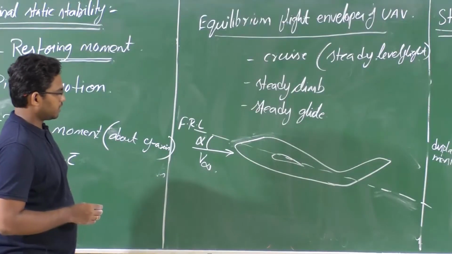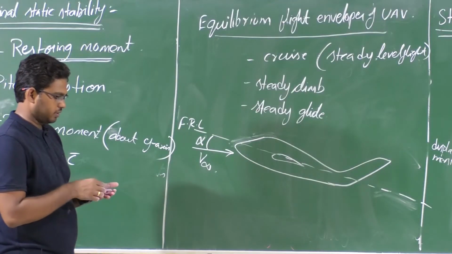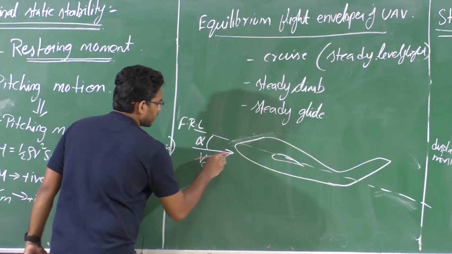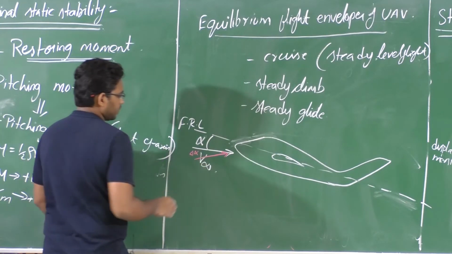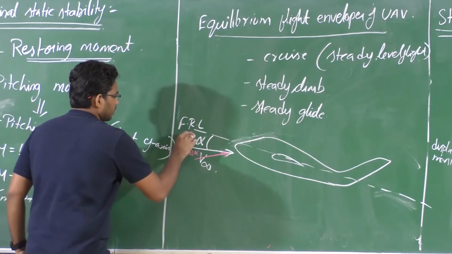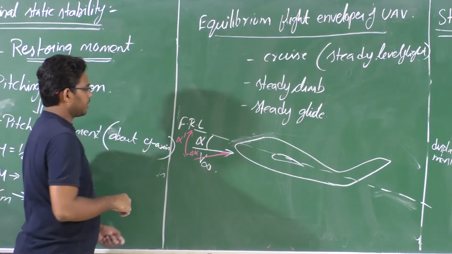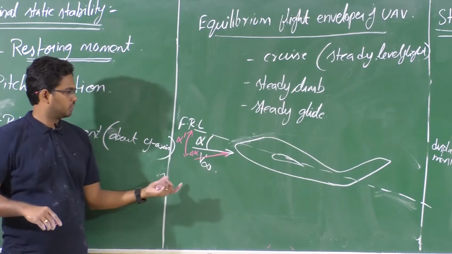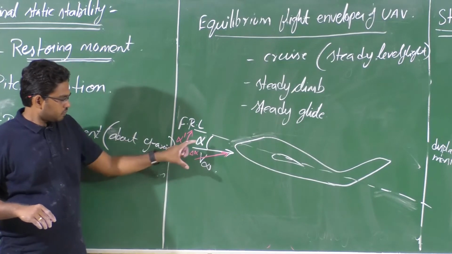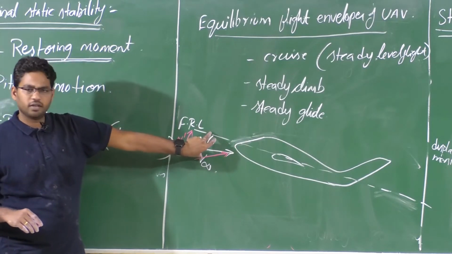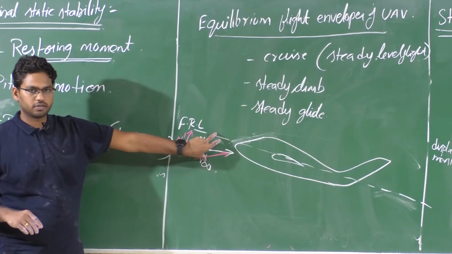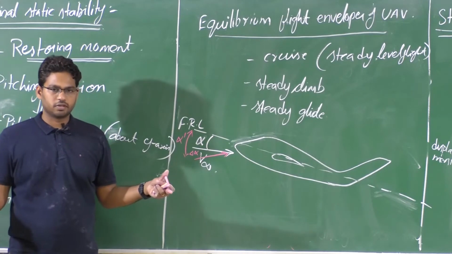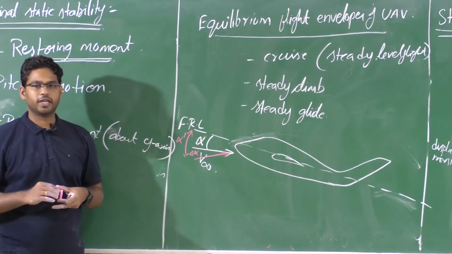And now say there is a small disturbance, right? If there is a small gust that increases this angle of attack to a new alpha prime, so there is an incremental alpha here. That means your initial equilibrium condition is now changed, isn't it? So this change in angle of attack will change the aerodynamic forces, which in turn change the moment as well.